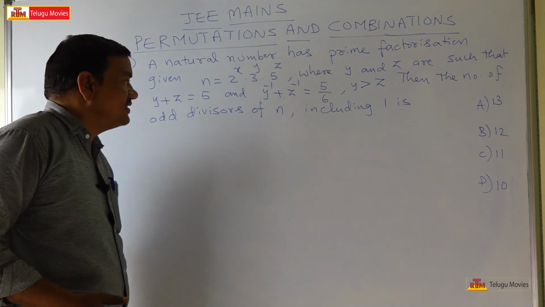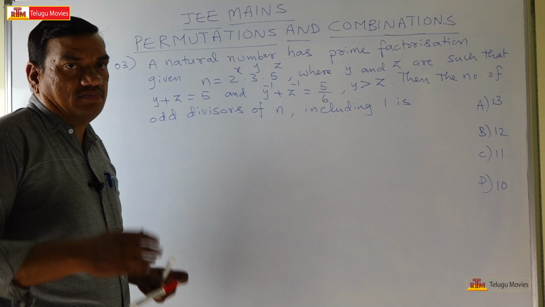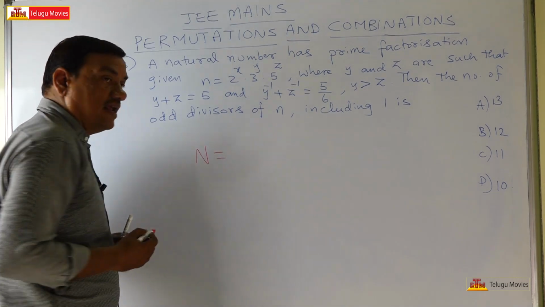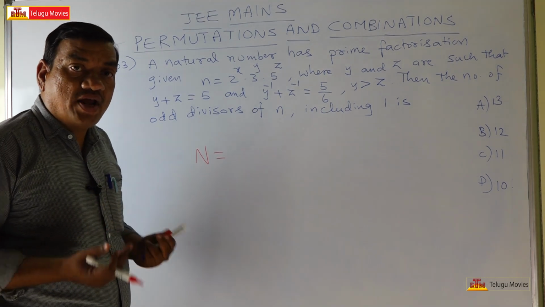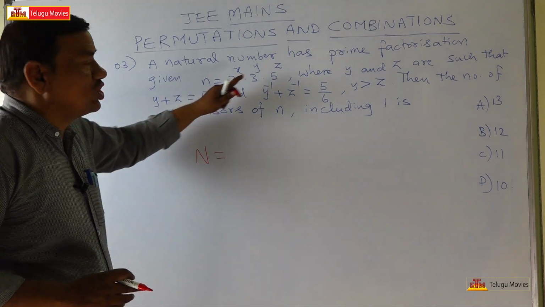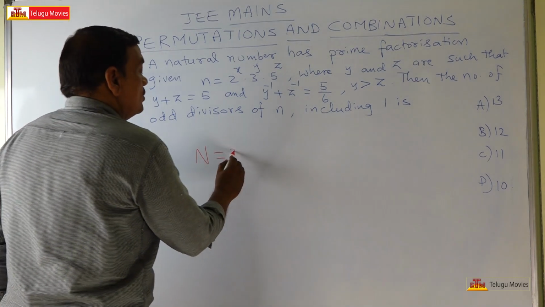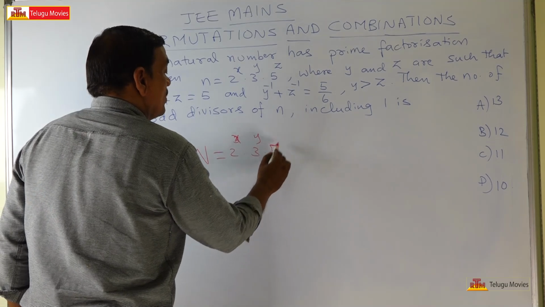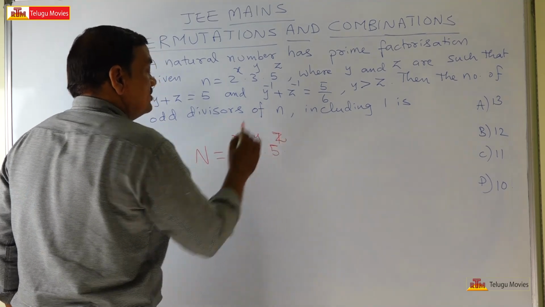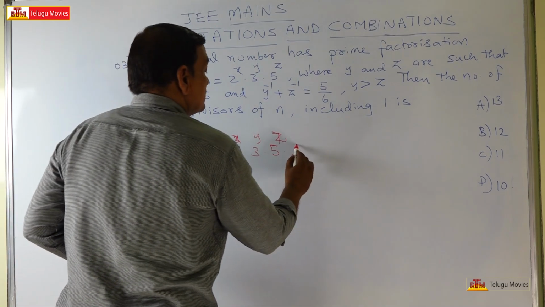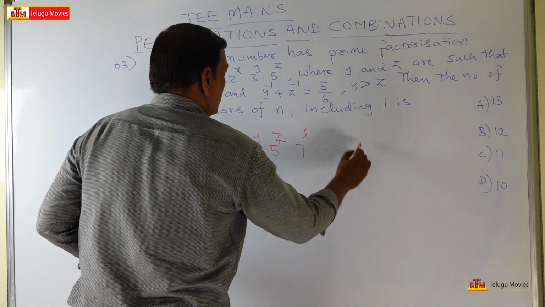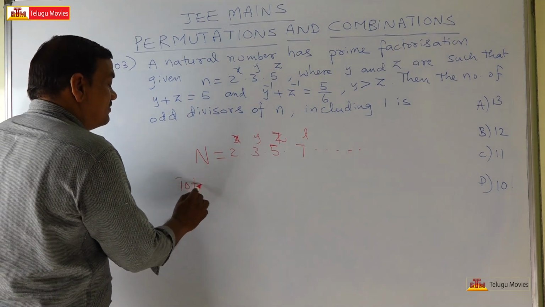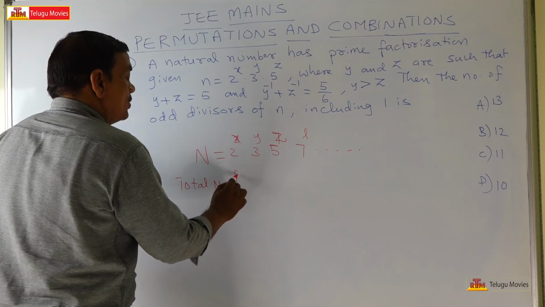Any natural number n, if expressed as a product of prime factors, that is 2 power x into 3 power y into 5 power z into the next prime number 7 power l, and so on, then the total number of divisors of n is given by